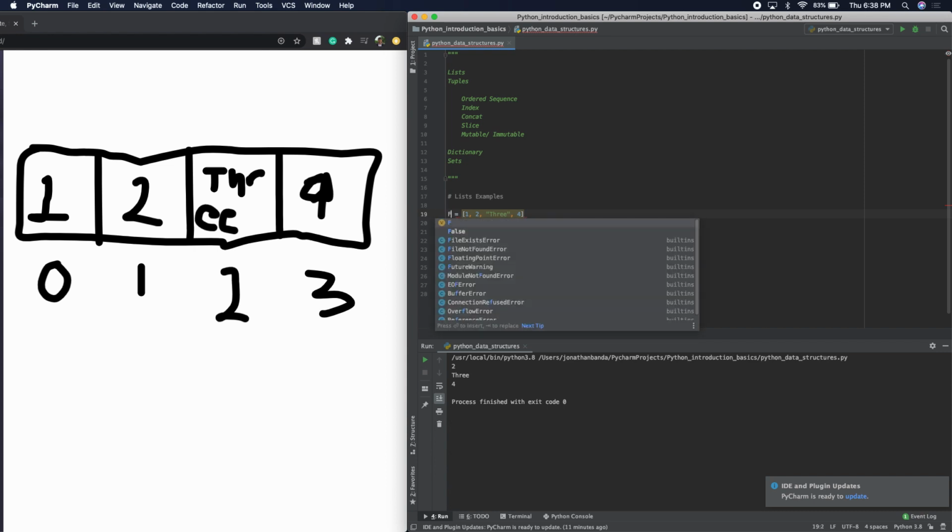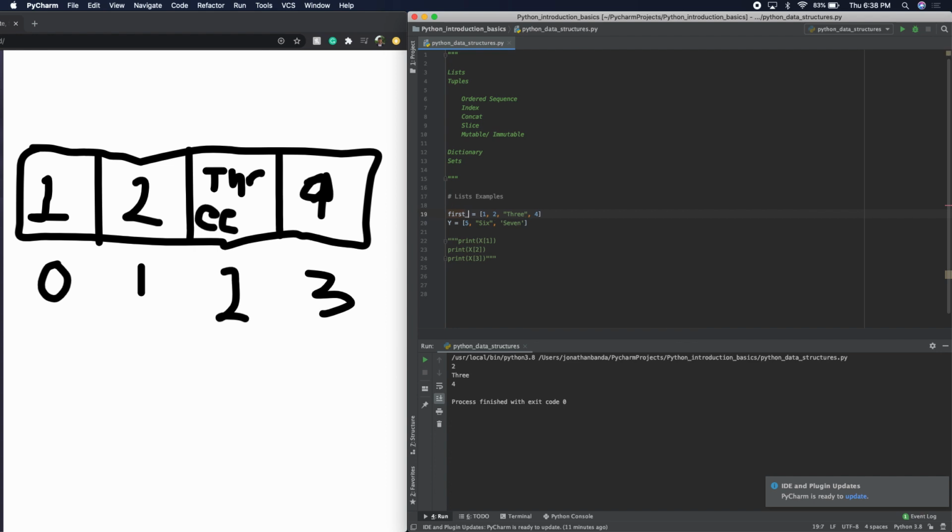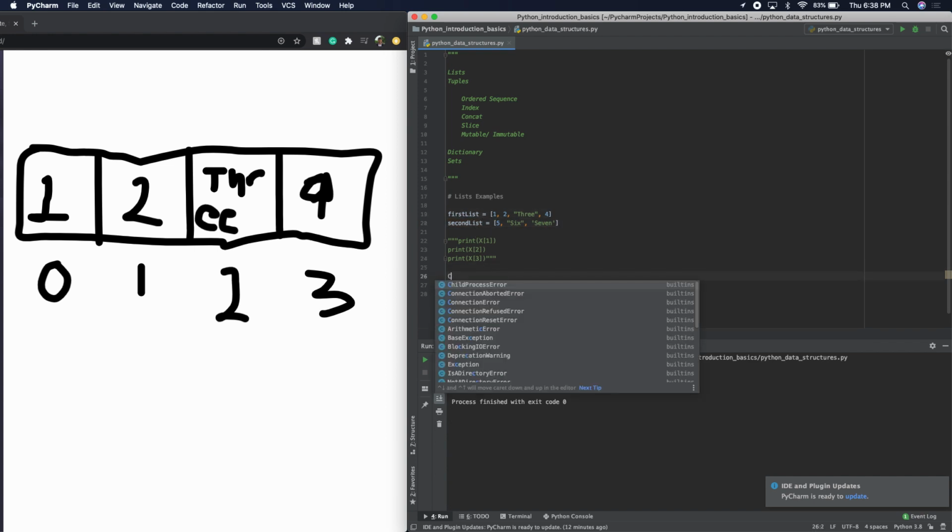So here, we'll call this one first. And I like to use the camel method. So first, and then we'll do first list. Camel method is just lowercase for the first part, and then the second part is uppercase. So we'll do firstList, and then over here we'll do secondList, and there we go. So now we have two variables, firstList and secondList, and then we'll make a new variable called